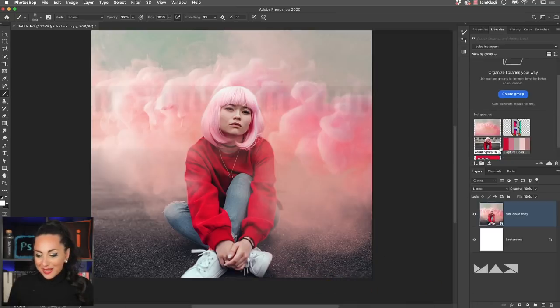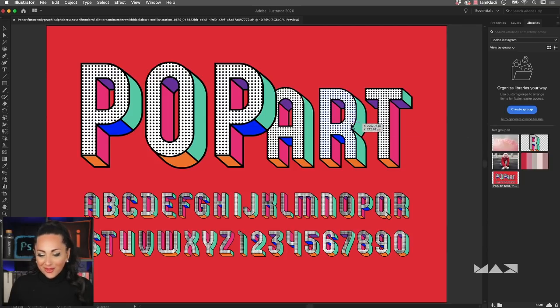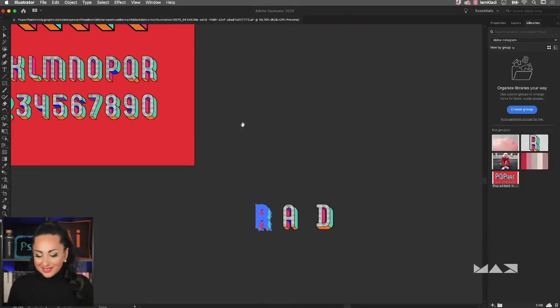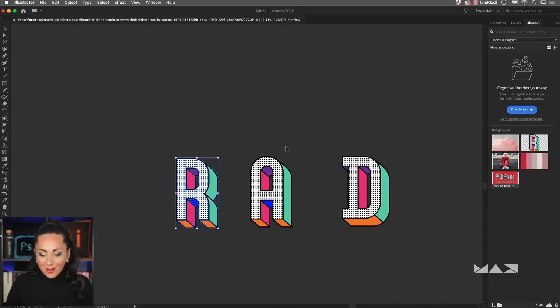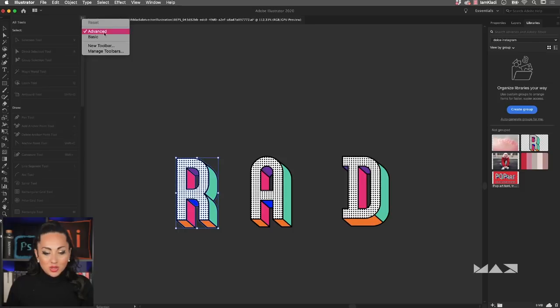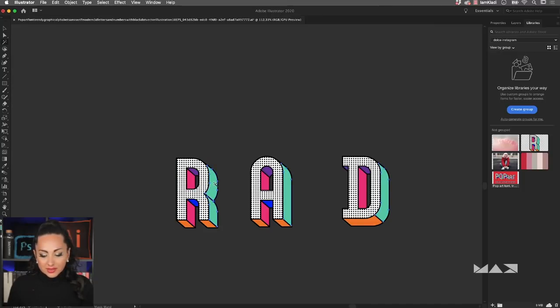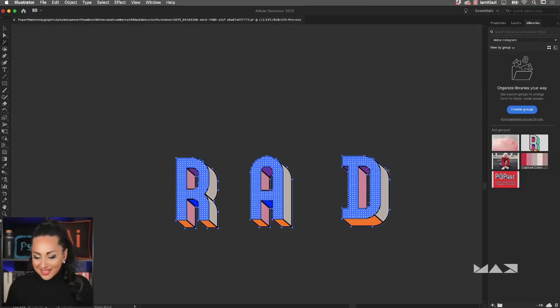And let's head back into our pop art file and let's find our letters here. I'm going to now use our magic wand in order to select elements with the same appearance. If you do not find the magic wand, all you have to do is click on the little three dots to edit your toolbar, then click on the fly-out menu and make sure that Advanced is selected. Fantastic. Now with the little magic wand, I'm going to go ahead and click one color at a time. So for example, I'm going to start with the green, and then I'm going to select the pink, and then the purple.